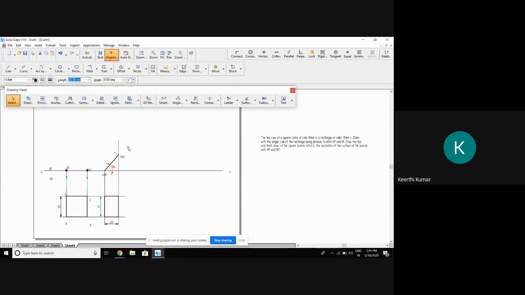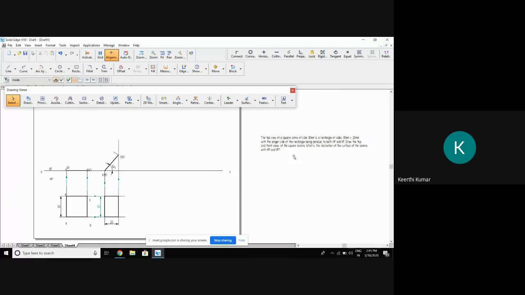Then what you will do? First you get this line, then you'll proceed for this. So I'll show the leader for this. This is the way I went, and this is the way I went. If the angle is given, then this arrow mark will be in the reverse direction. That's all. So this is finished.